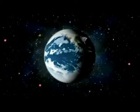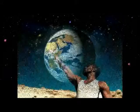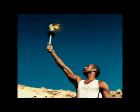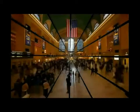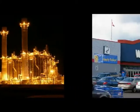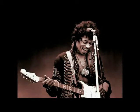Until now, there have only been 3 illumination technologies in the history of the world. Fire, which came from torches and candles, the incandescent bulb, which was introduced in 1879, and fluorescent lights, which were introduced in the 1920s. Here we are in the 21st century with a semiconductor revolution in lighting going on, and to me it's interesting that the powers that be are trying to convince everyone to switch to compact fluorescent lights, or the CFLs, a technology that was commercialized in the 1930s and perfected when rock was young and computers used